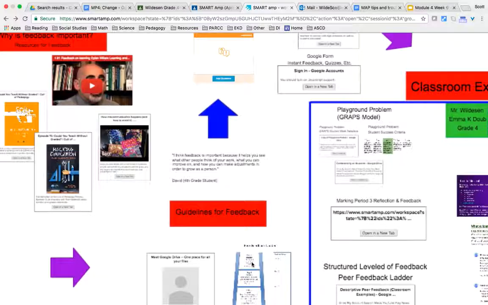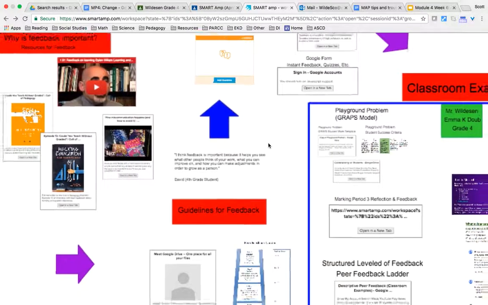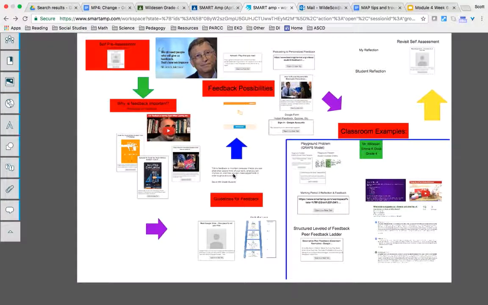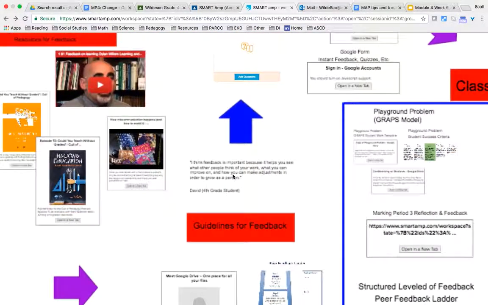This gives students a structure to the feedback that they're giving and some guidelines, because they need structure and guidelines whenever they're starting to give feedback, so that they're able to give the most appropriate feedback to each other. Otherwise they could just be saying whatever, but we want them to be in line with what they're seeing. I included a quote here from one of my students who I think has a really good understanding of feedback and the importance of it.